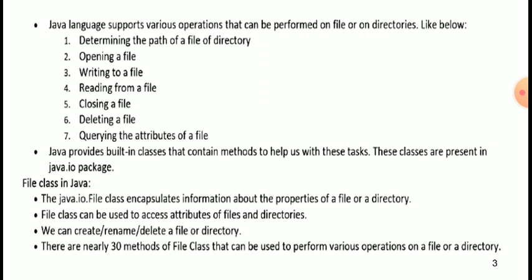Next, Java language supports various operations that can be performed on files or on directories, like below. First, determine the path of a file or of a directory. Second, opening a file.